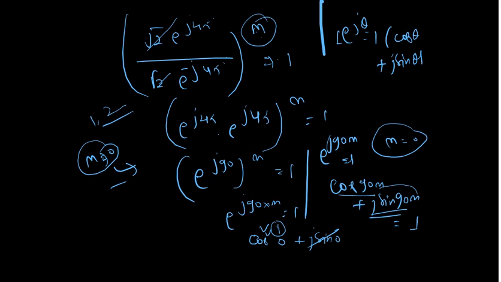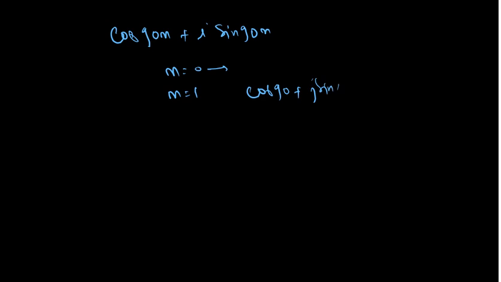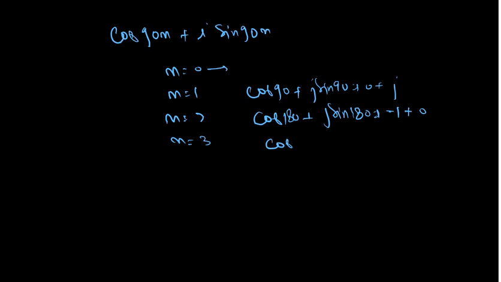So for the next number, you see cos of 90m plus j sin of 90m is there. If m is equal to 0, we have seen. If m is equal to 1, what will happen? Cos 90 plus j sin 90, and you know cos 90 is 0, so only j will exist. If m is equal to 2, what will happen? Cos of 180 plus j sin of 180. You know cos 180 is nothing but minus 1 and j sin 180 is 0. If I take m equal to 3, then it will become cos of 270 plus j sin of 270.